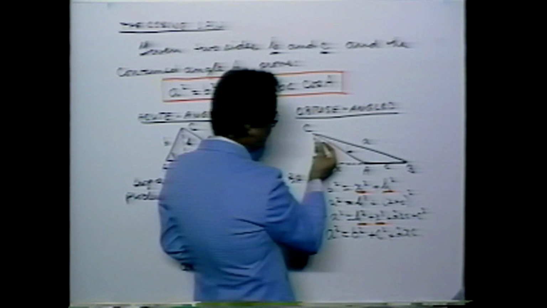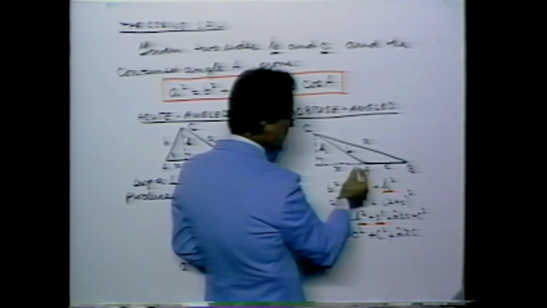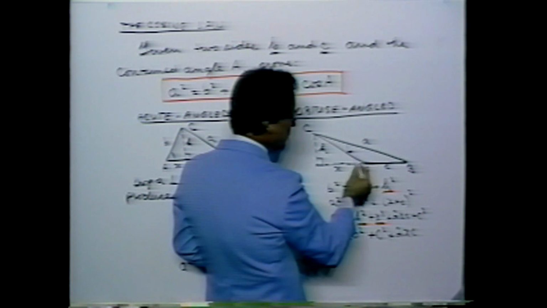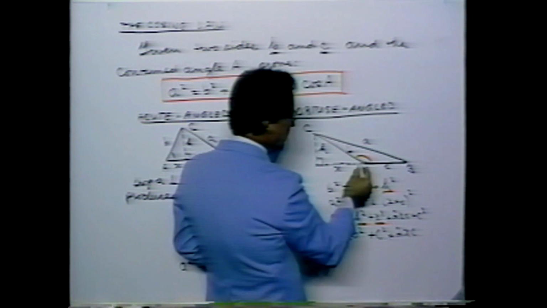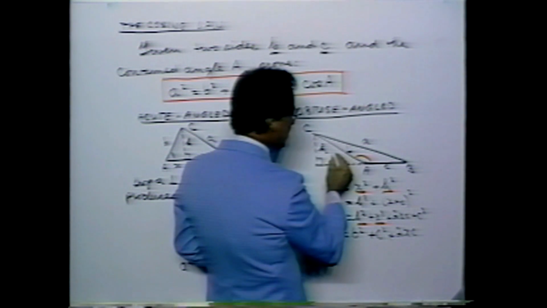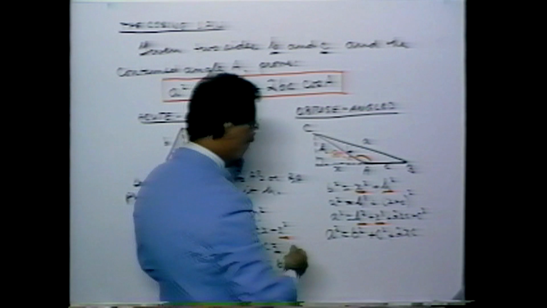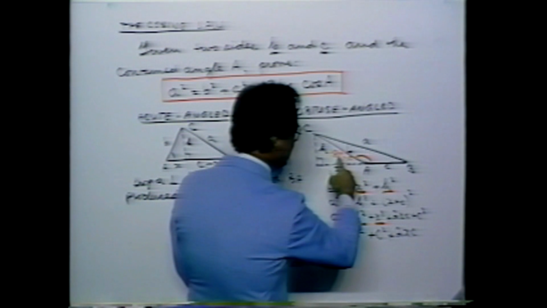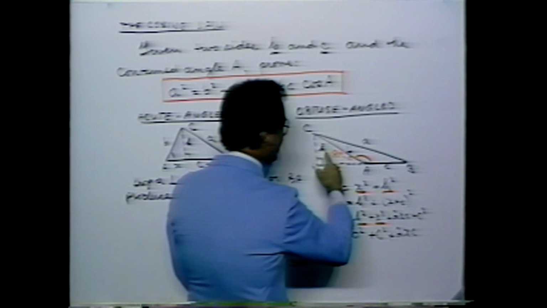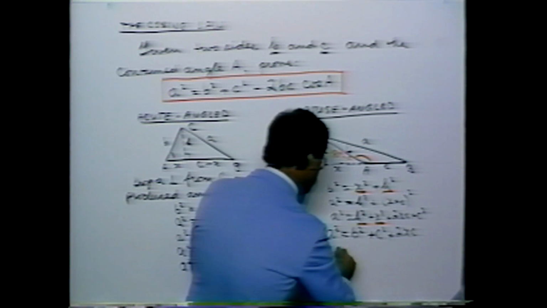Now, look at this right-angled triangle that contains the side x and h. This angle is exterior to angle A, the interior angle A. This amount in the exterior is equal to 180 degrees minus angle A. In other words, we can therefore state that the cos of 180 degrees minus A is x over b, or simply that x is equal to